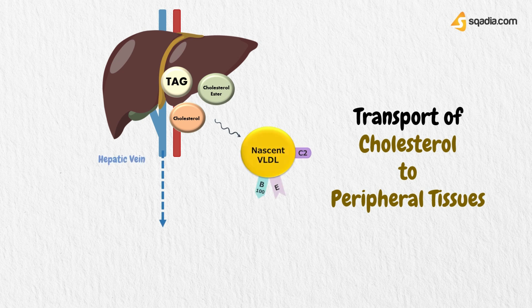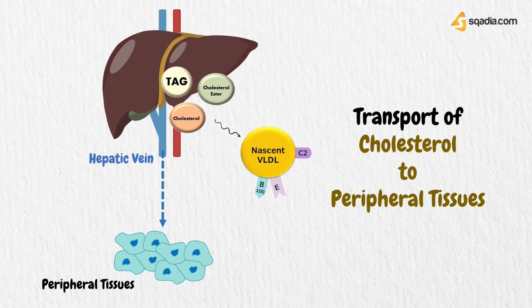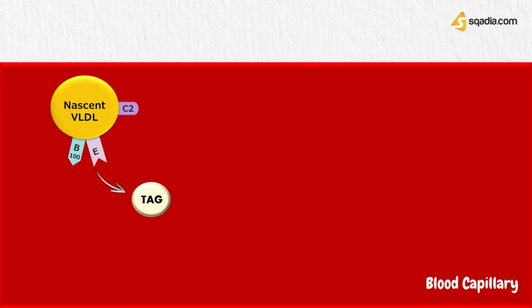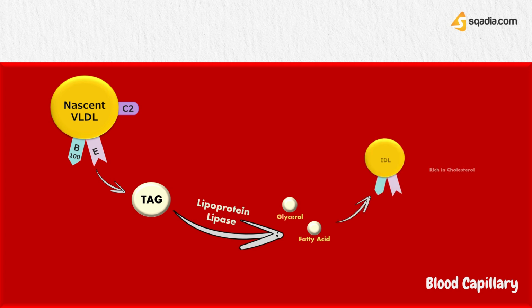VLDL are secreted directly into the blood by the liver as nascent VLDL particles containing ApoB100. As VLDL pass through the circulation, triacylglycerol is degraded by lipoprotein lipase, causing the VLDL to decrease in size and become denser. In the peripheral capillaries, lipoprotein lipase removes much of the triacylglycerol content by hydrolyzing them to fatty acids and glycerol, leaving the remnant of the VLDL, known as an intermediate density lipoprotein or IDL, which is relatively rich